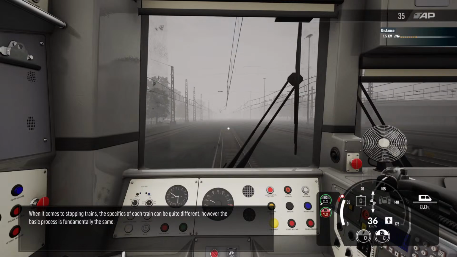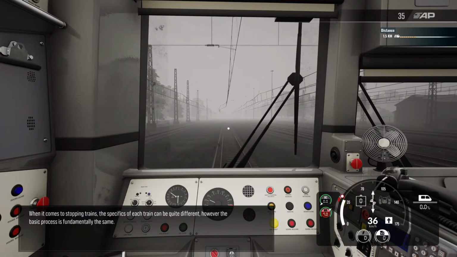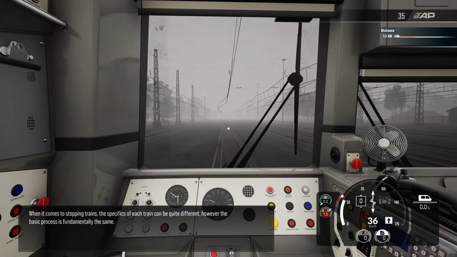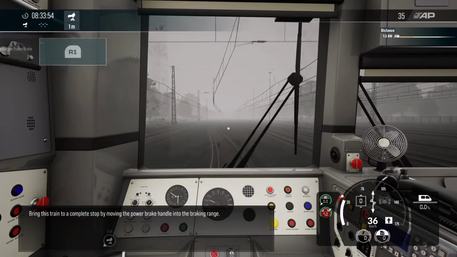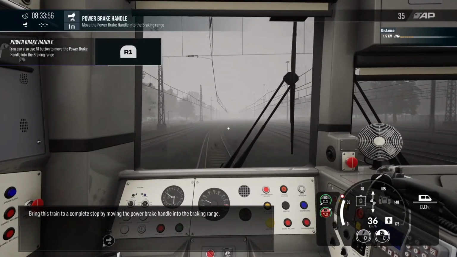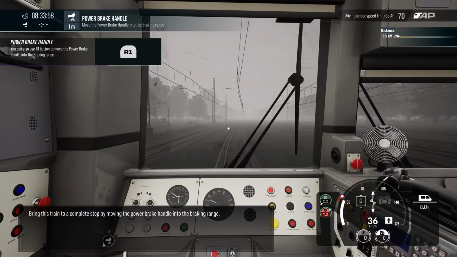When it comes to stopping trains, the specifics of each train can be quite different. However, the basic process is fundamentally the same. Bring this train to a complete stop by moving the power brake handle into